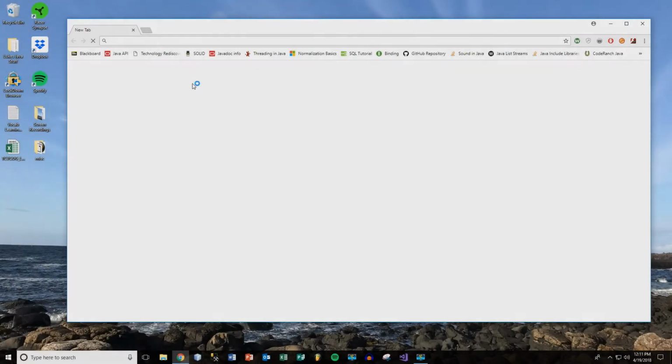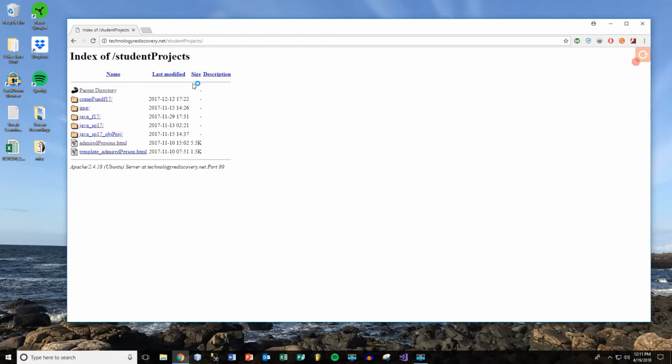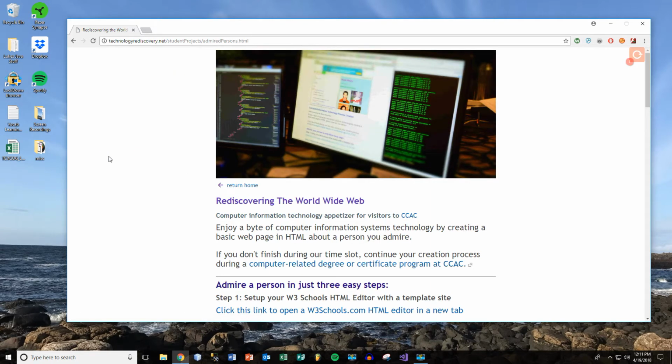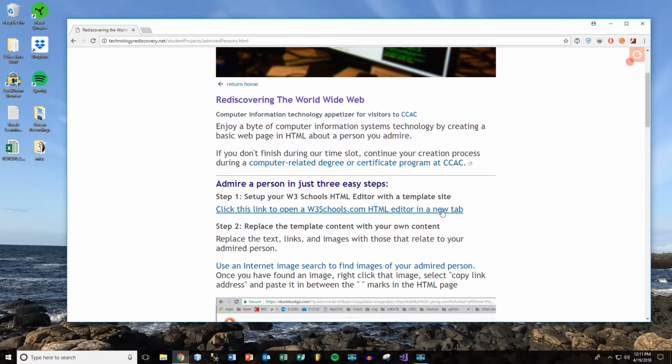Got a quick tutorial for you today on how to set up your admiredpersons.html page for CIT 100. So jumping right into it, you're going to navigate to technologyrediscovery.net/student projects. We'll have that link in the description. And then you're going to go down to the admiredpersons.html page. Then on step one, you're going to want to click on the link that's going to open up the HTML